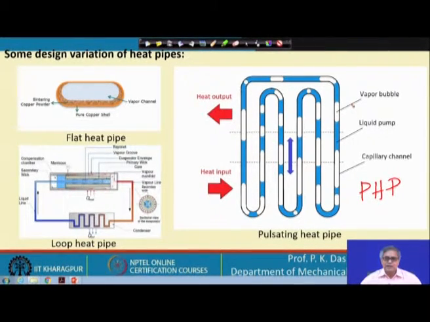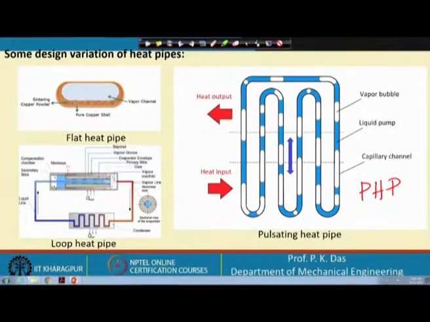In the first heat pipe, I want to create the impression that it is not always of circular cross section; flat heat pipes are there. Secondly, I have shown one example where the vapor and liquid paths are made different, and again in some part of the heat pipe there is this wick structure, not in all the part, but in some part. If we go back to the slide, here we have a kind of wick structure